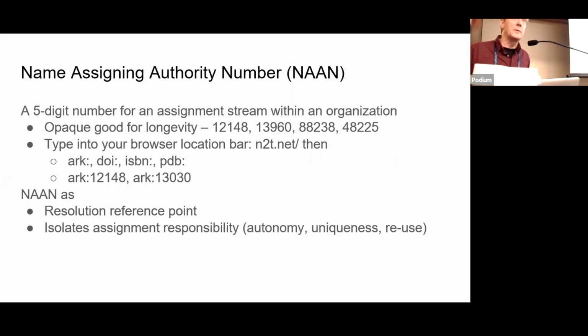Yes, and that's happened. So the question is, can people migrate authority from one NAAN to a new NAAN? Yes, that can happen, and organizations change their names and keep the same NAAN. Some organizations have more than one NAAN. So we used to think of it kind of like an organizational identifier, a little bit more like a ROR. But nowadays the thinking is they really identify assignment streams, a stream of assignment from a particular place.